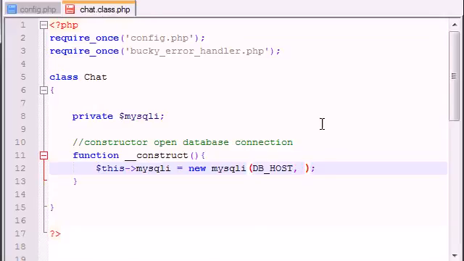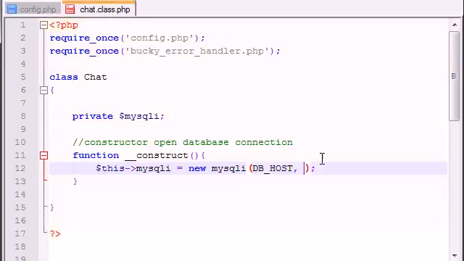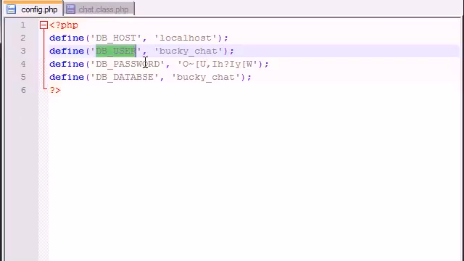The next one is the user of your database, and that's dbuser. Now the third parameter is the password, and